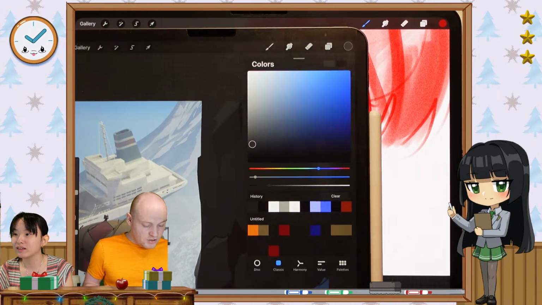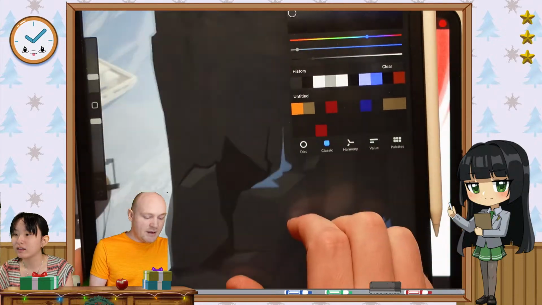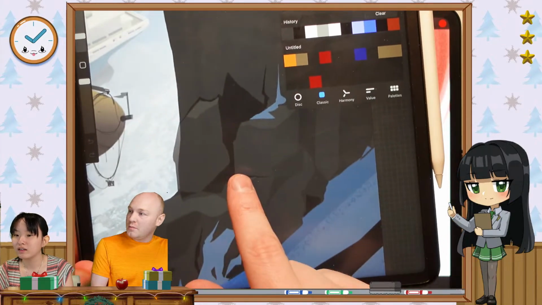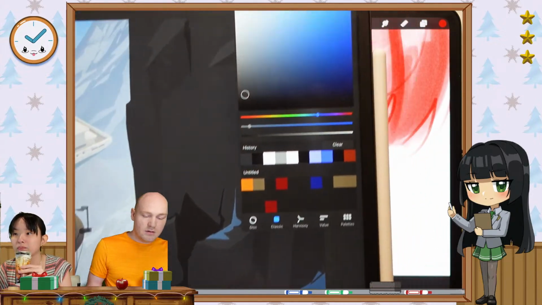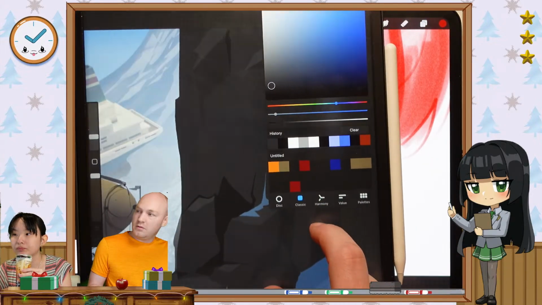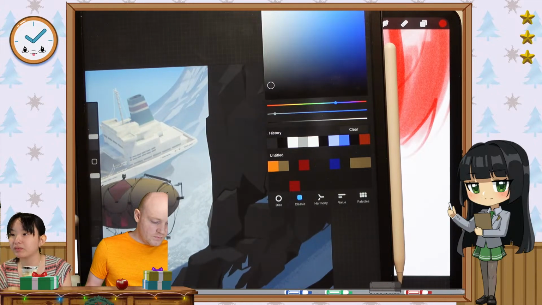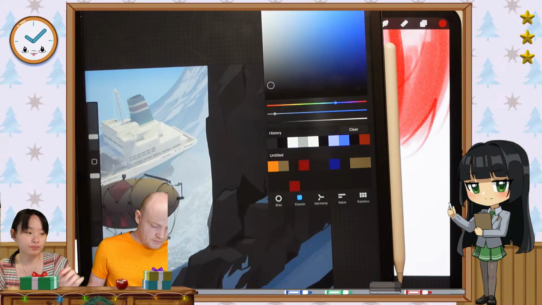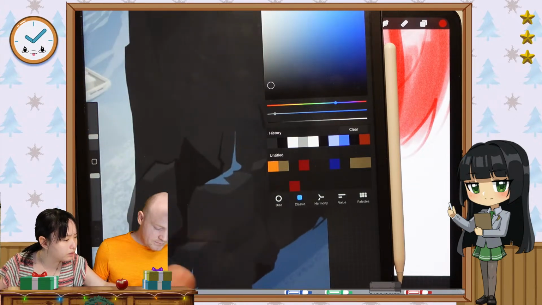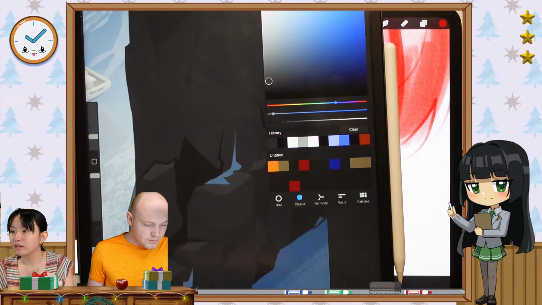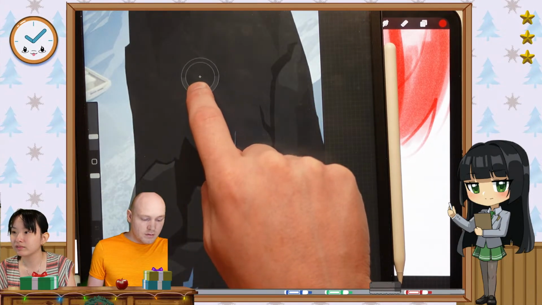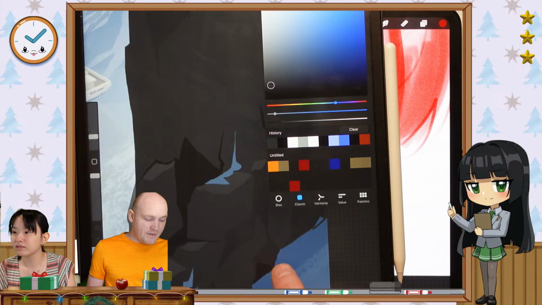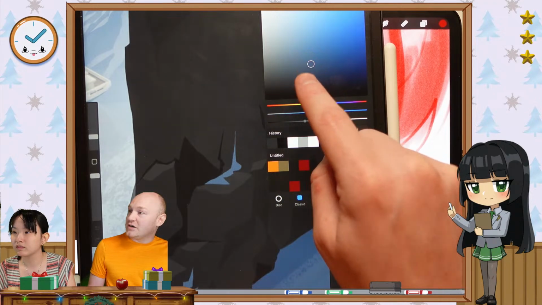So I'm color sampling all over this spot right here, which is warm compared to the snow. So I color sample in here. Blue. What about that lighter bit? What lighter bit? The lit side of the rock. There is no lit side of the rock. That one? Oh. Yeah. Still blue. Everything's blue. But then if I go down here, look how much that saturation's jumped.